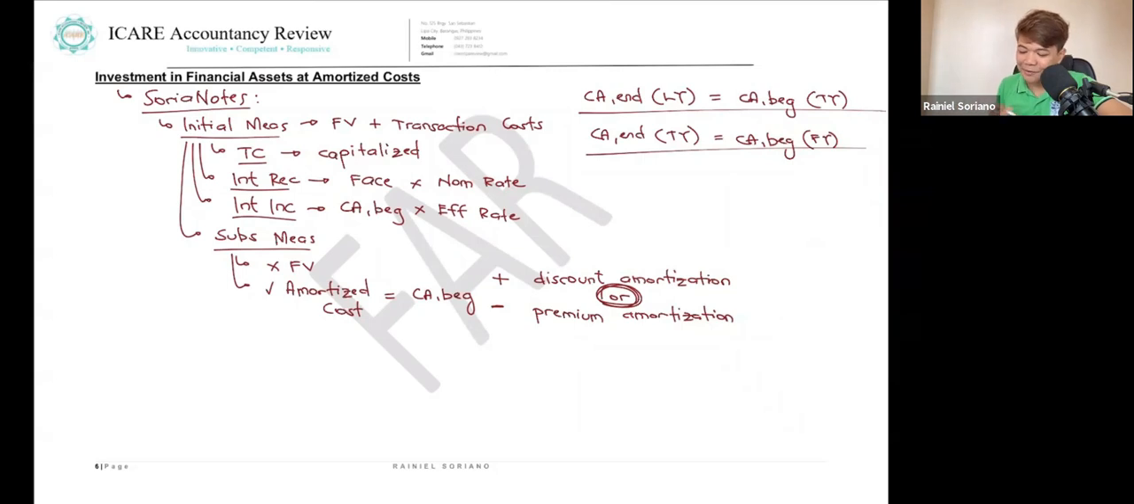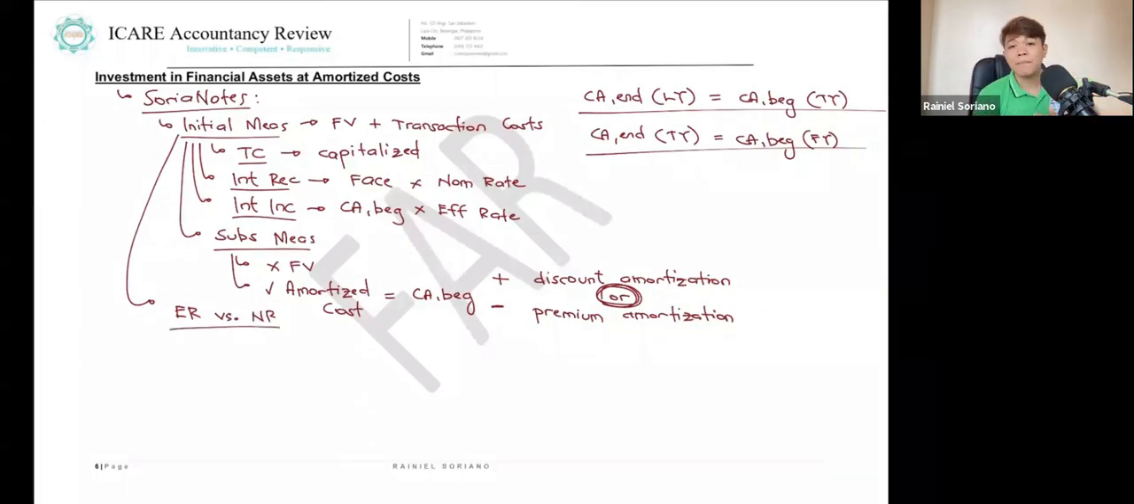Okay? Now, let's talk about premium or discount muna. Alright? Before natin i-continue yung discussion natin ng amortization. Okay? So here, may clue ako sa inyo. Para malaman mo if merong discount or premium, you can compare the effective rate and the nominal rate. So if the effective rate, or the yield rate, is higher than the nominal rate, expect that